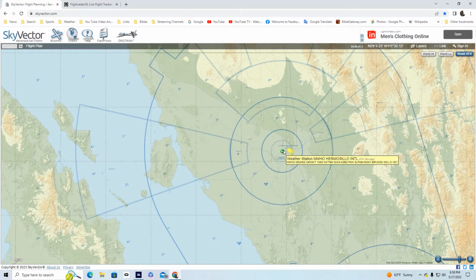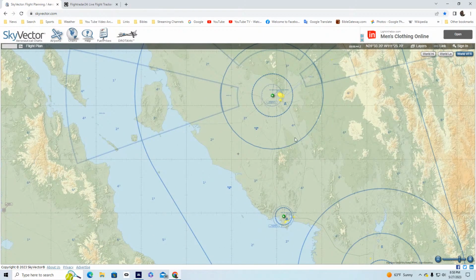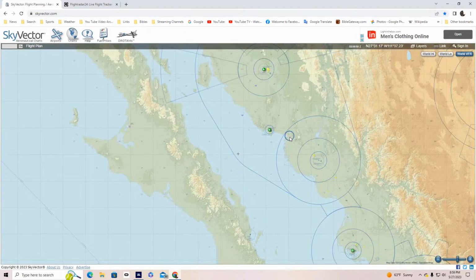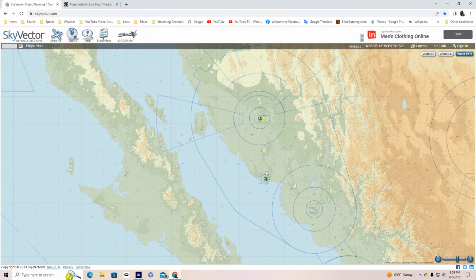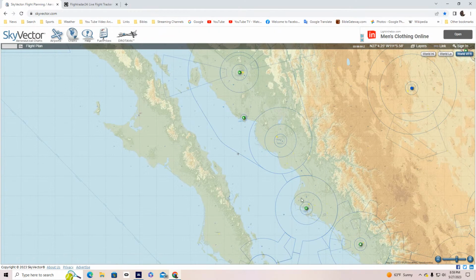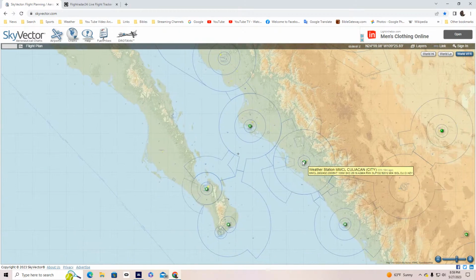And then we'll go ahead and fly to the Gran Ignacio International Airport here, the Hermosillo International Airport. And so this is basically my flight plan to South America. I just want to go from major airport to major airport. So we got this one right here to that one, to that one, to that one.